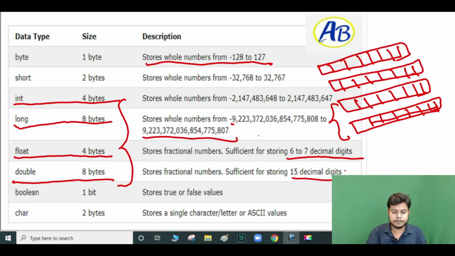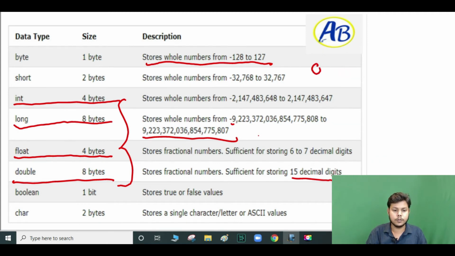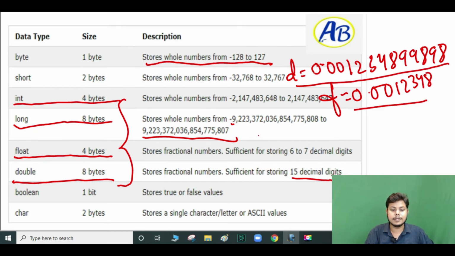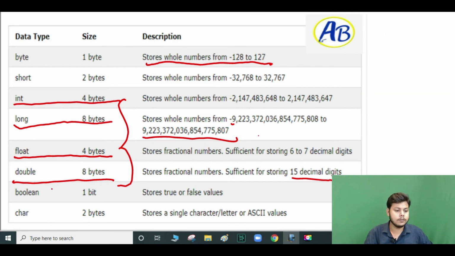I can show you that. Like we have this number 0.234. What we have is the number 0.00123489985. How much? 2 to 4 to 6 to 8 to 10 to 12. And in float, it will give only 2 3 4 5 6 7, up to this much. Which one is more precise? The D, meaning double, will be more precise. When you put 0.1, you have to give the double value. Because it is not specified how many digits there are after the 1, for more precision D will be good.